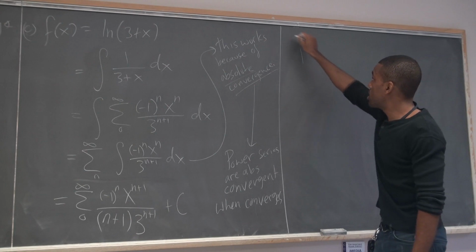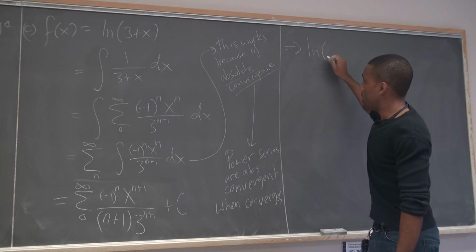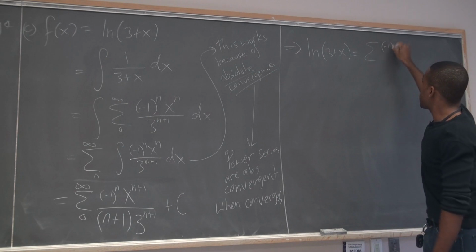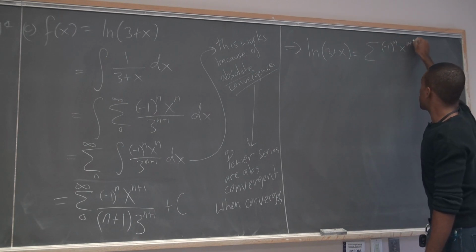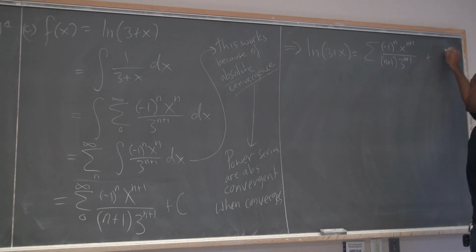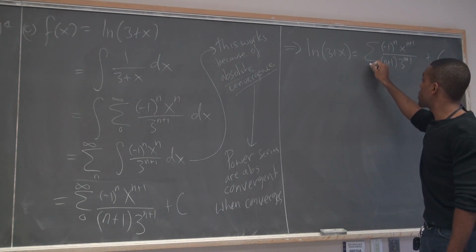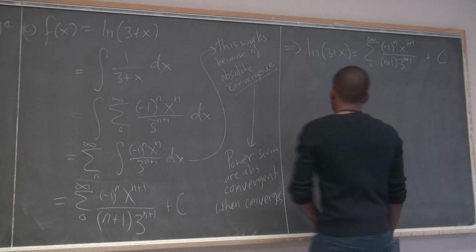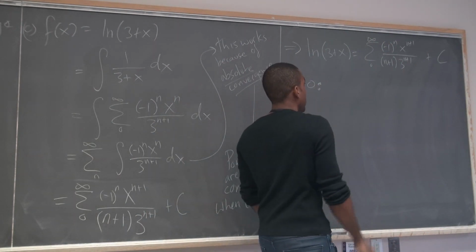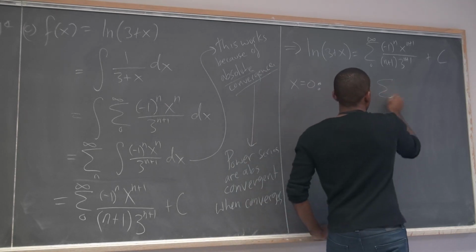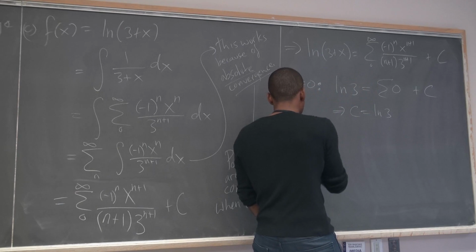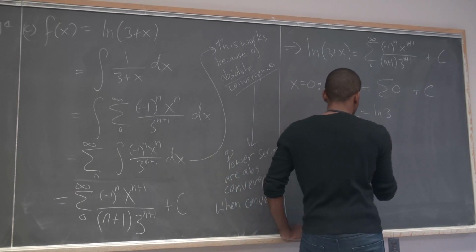So basically here I'm saying ln of 3 plus x is equal to this series, minus 1 to the n of x to the n plus 1 over n plus 1, 3 to the n plus 1, plus c. This is to infinity. So here's a trick, just plug in an x value and solve for c. That's essentially how you do it. If I let x equal 0, what would I get? I get ln of 3 is equal to the sum of 0 plus c. This means my c is just ln 3. In other words, ln of 3 plus x is equal to the series